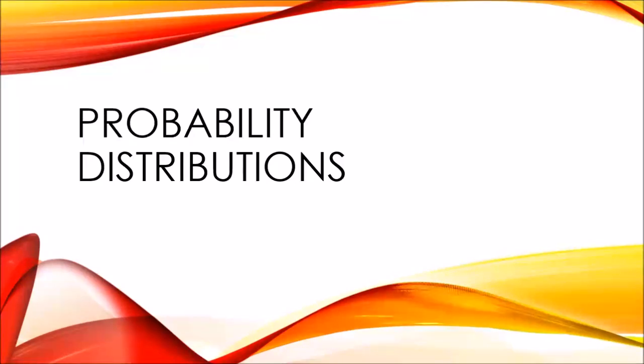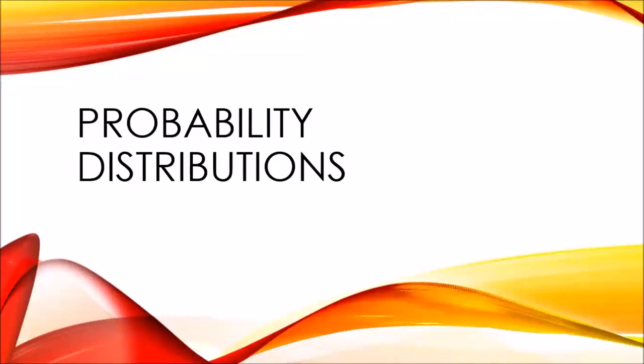So for today's discussion, I am going to discuss probability distributions. A probability distribution is a list of probabilities associated with each of its possible values. It is also sometimes called the probability function or the probability mass function, and it describes the relationship of the probability of a single element with the probability of other elements in the same